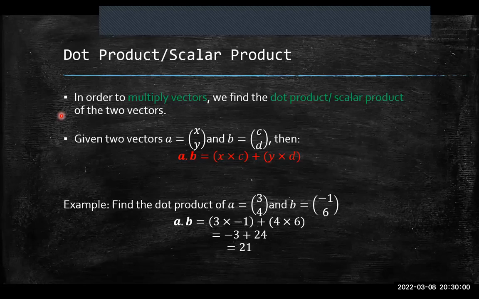Dot product, aka scalar product. In order to multiply, okay, so what exactly is this dot product thing? What is a scalar product? Well, in order to multiply vectors,